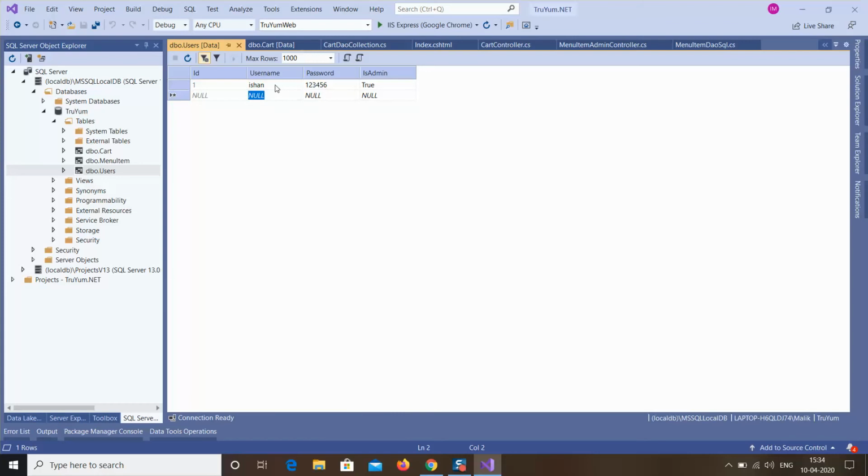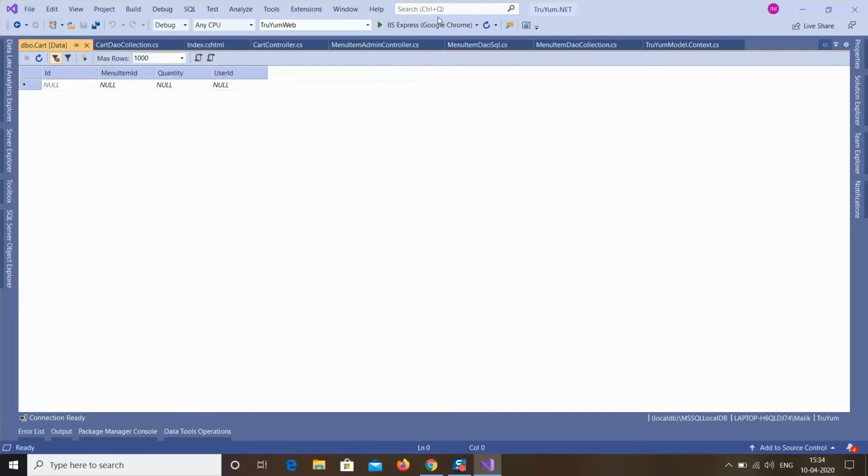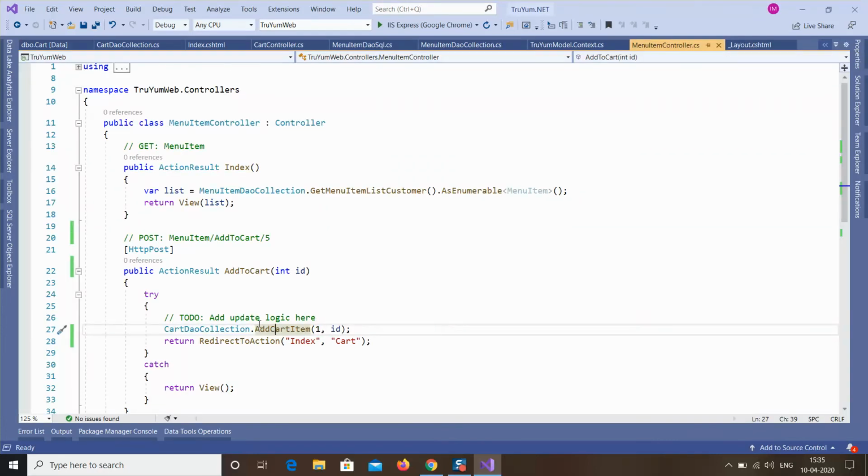Okay, this I'll use as an admin one. I'll create another user which is not admin. So instead of user ID 1, I'll use the user ID 2. Where is my menu item? Okay, this I don't need anymore. I'll use this. So instead of 1 I'll use 2 because I have set the first one as an admin. If you want to use 1 as well, then there will be no harm because we are doing just